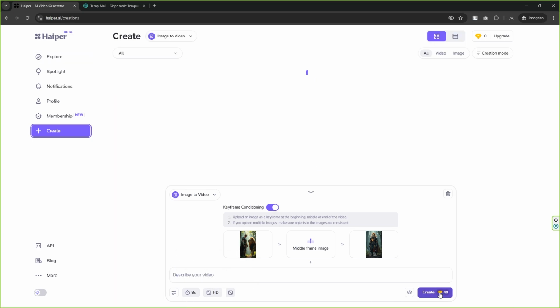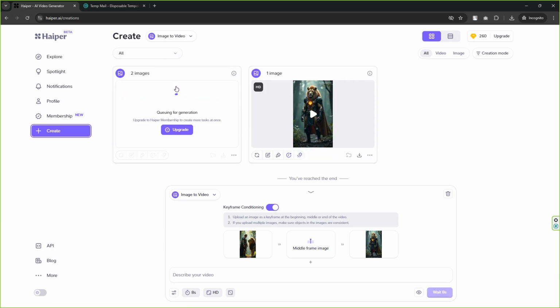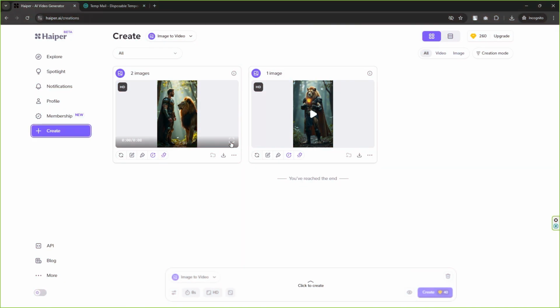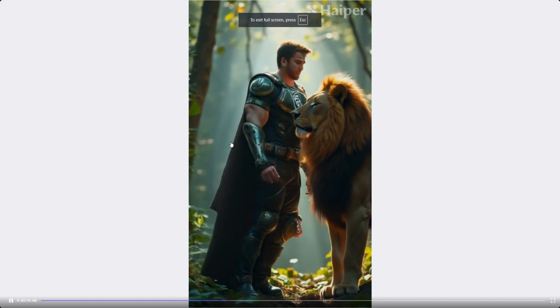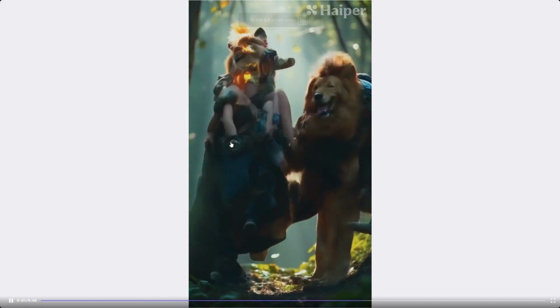This process also takes a few minutes or more than that because we are using 2 images. So I'm gonna speed the video up and I'll come back once it is done. A few moments later. Alright guys, as you can see, Haiper.ai has generated an amazing looking video with the combination